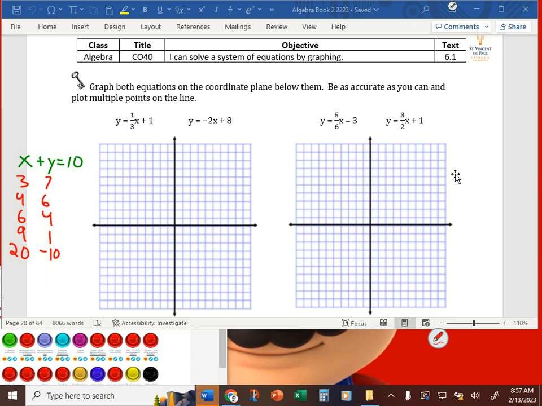So back to my original question. What's the problem with asking you to solve for x and y when I give you the equation x plus y equals 10? There's a ton of different solutions, really an infinite number of solutions, because you can infinitely pick values for x and then figure out what you have to add to that to get to 10. So what a system of equations does,